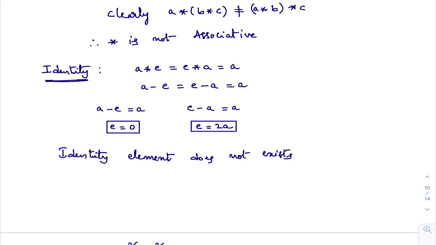This is the part which is difficult in binary operations. What are we trying for? We are trying to find whether this star operation has an identity element or not. For that, first I take the identity property. Now I am trying to find the E value. So first A star E must be the same as E star A and they must be equal to A, only then E is called the identity element. So first I write A star E is A minus E, and E star A is E minus A.